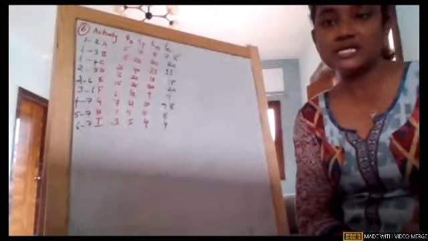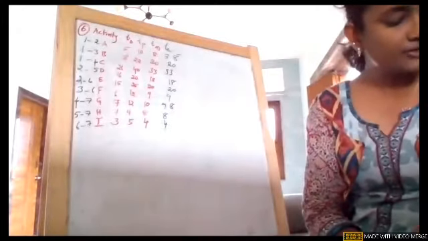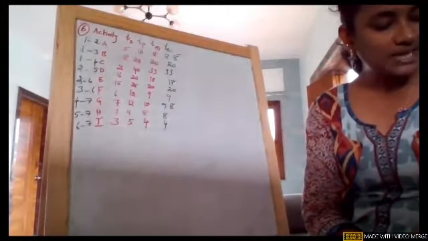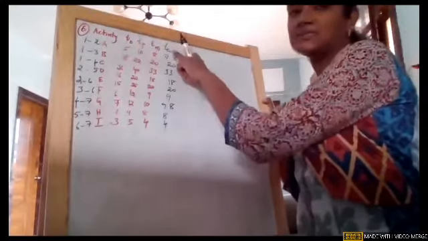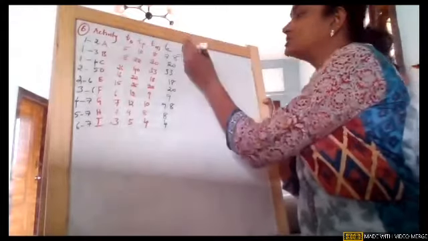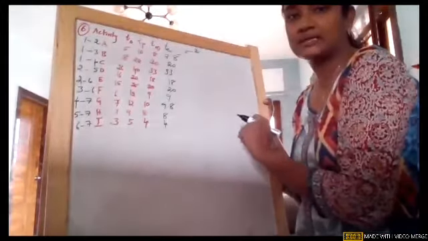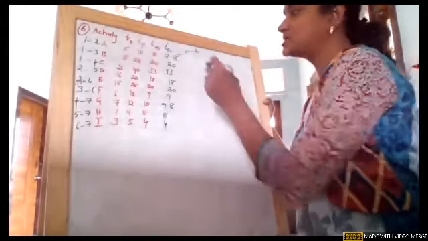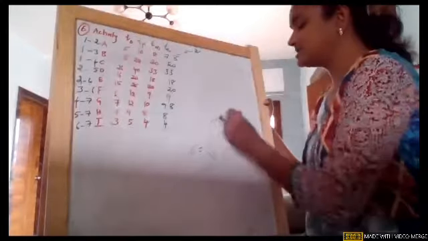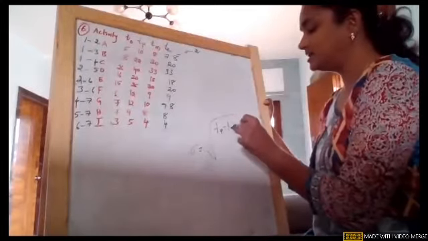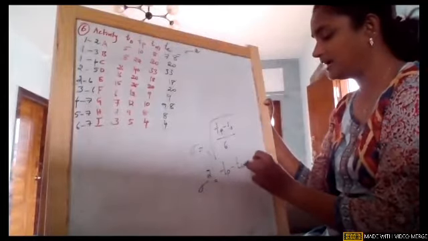There are 5 questions given in the question. If you have your question material, you can check it out. The first one is the expected completion time and variance of each activity. Expected completion time is nothing but TE, and we will also find the variance. Remember that, variance is nothing but sigma square. Sigma is (TP minus TO) by 6, so sigma square will be ((TP minus TO) by 6) squared.